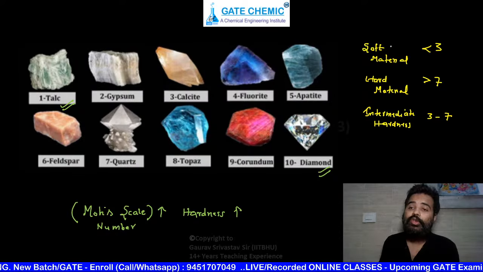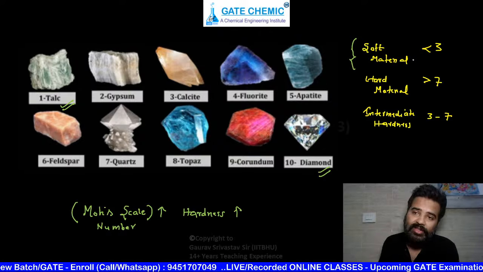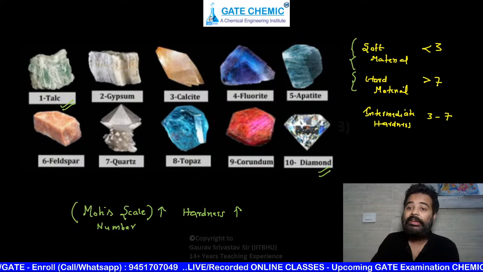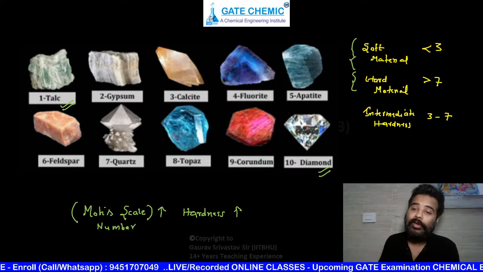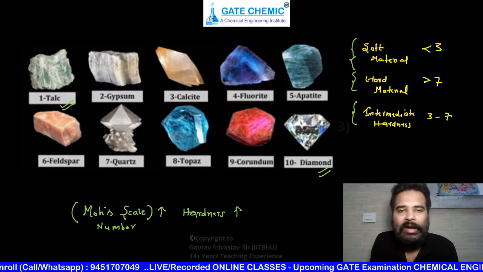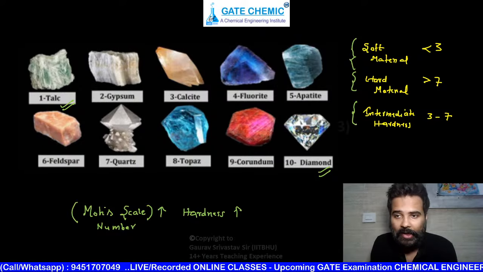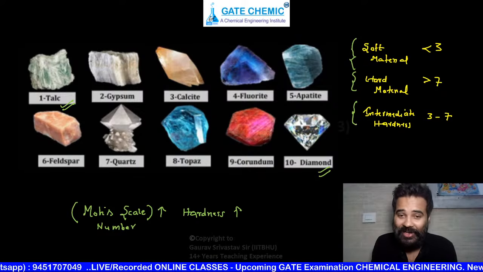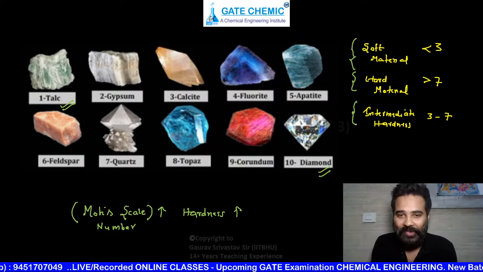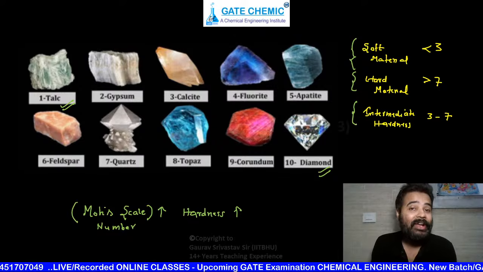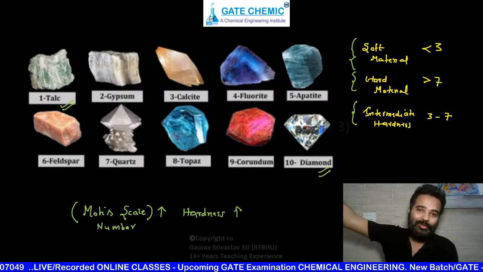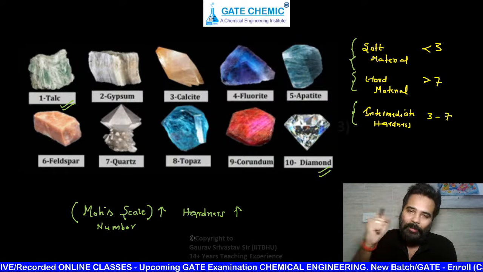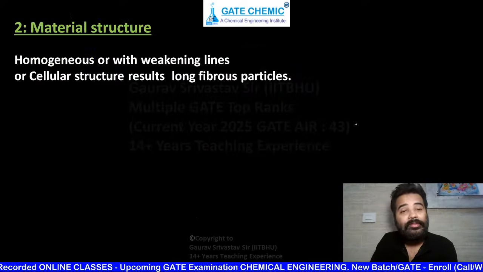And now clearly here you can see when its number is less than 3, the material is termed as soft material. If its number is more than 7, it is known as hard material, and between 3 to 7 it is of intermediate hardness. Again I am telling you, please don't write, because this is the first lecture, number 1. That's why every time I keep explaining how our study will proceed, how we will cover our syllabus, and how in a very optimum way you can study and get a top rank. Okay, so next slide, beta.